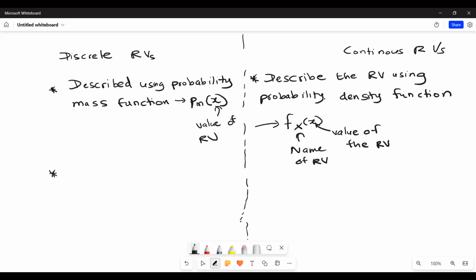So that is how we define the probability density function. And in the discrete domain, we have the probability mass function, right? They are used to define the probability of the random variable occurring. So this mass function and this probability density function are used to define the probability of each outcome,